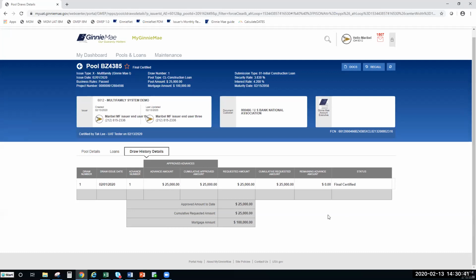We have the pool detail. No, we did pool detail already. We have the draw number. We have the draw issue date. We have the advance number, and since we're on this subject, now in your GinnieNET,